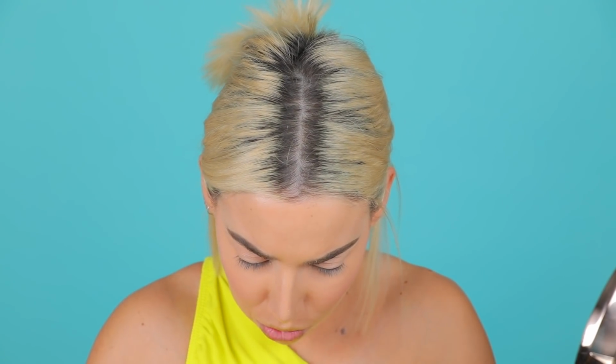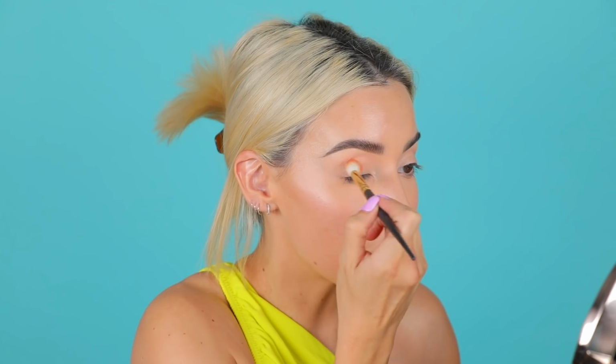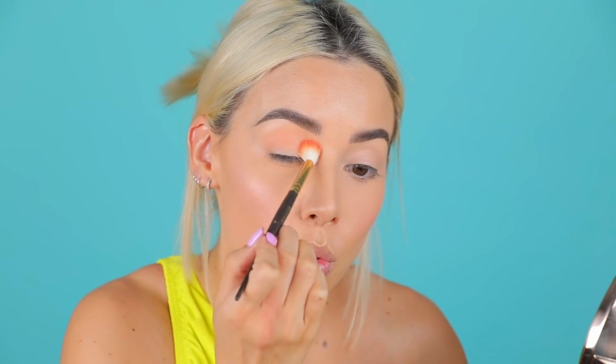So I'm gonna start with Beachaholic, this shade here. And then I will be going into Heat Wave, but I'm gonna start with this one. And I feel like this one's pressed really hard because I'm not normally this rough with my palettes, but I mashed in that one. I just have concealer on my eyes, the Laura Mercier one, because I feel like that one just kind of melts nicely into my eyes. And this one's gonna be doing a wash all over, but I think this is such a cute color. We're washing,